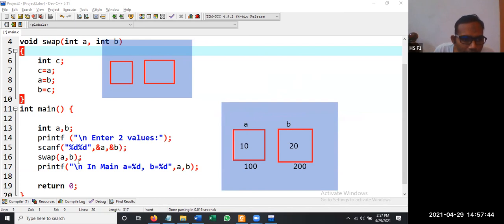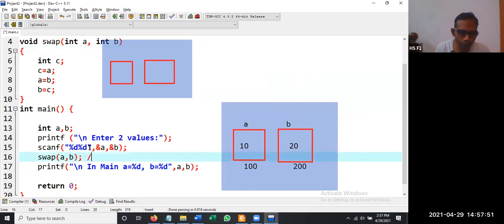Now here you are passing the values using call by value. So this a comma b is called call by value.